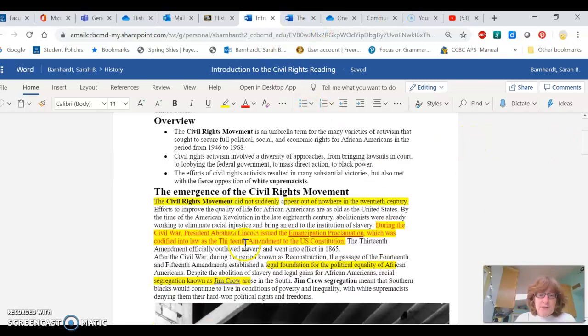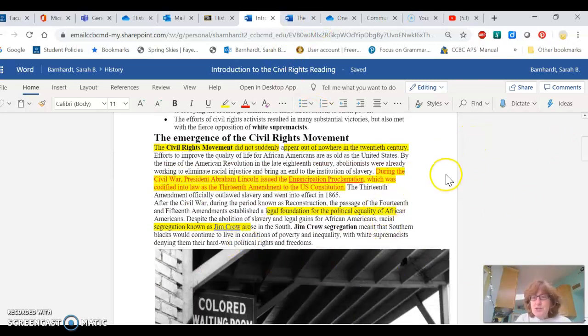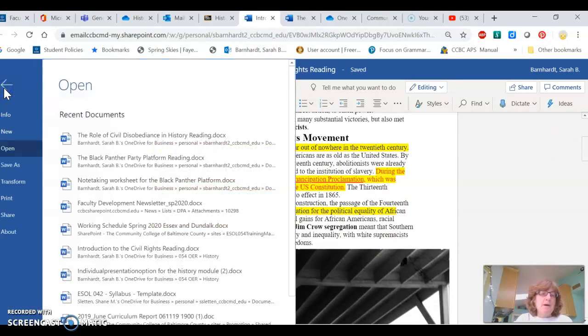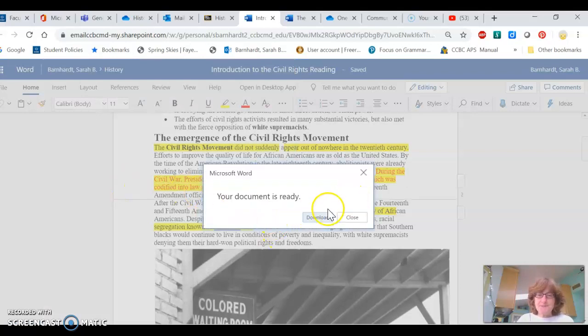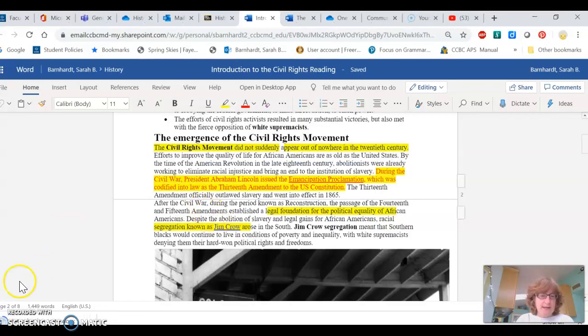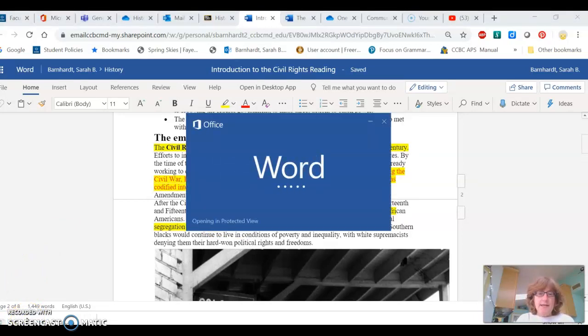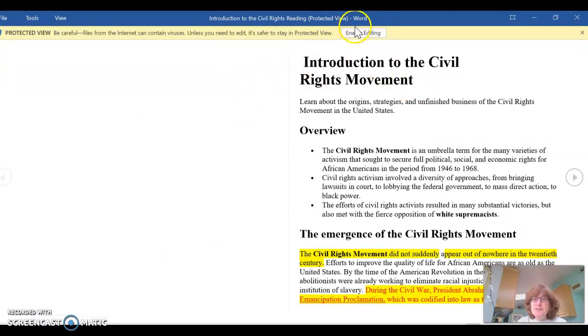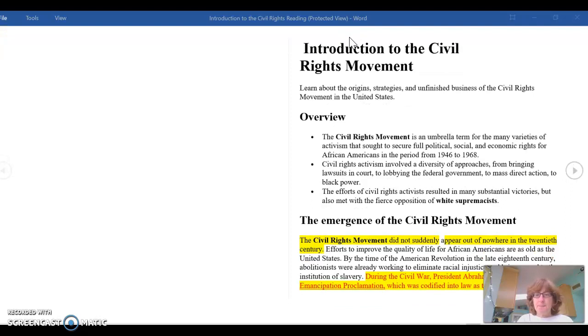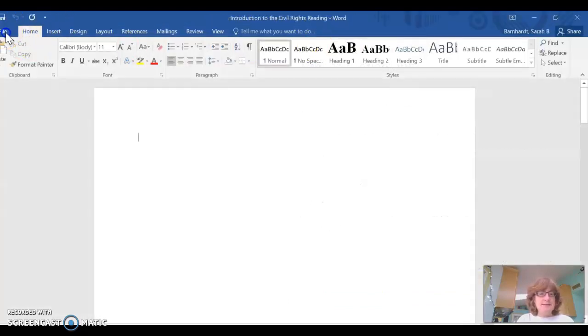Now, if you want to do this, which is perfectly fine because it's a great teaching tool, first of all, save as, so download a copy to the desktop. So you can download it, and now it's going to come up down here, and it's going to open up in Word. And once it opens up in Word, and you see this enable editing, you know that you have put it into your desktop. So you can enable editing, and you can save it